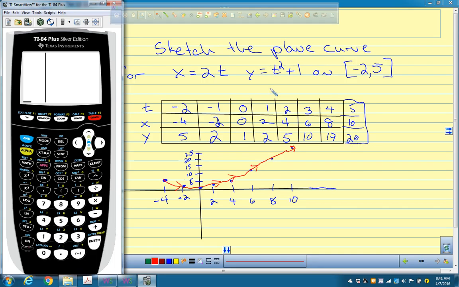So then we have something called eliminating the parameter. So say I have,